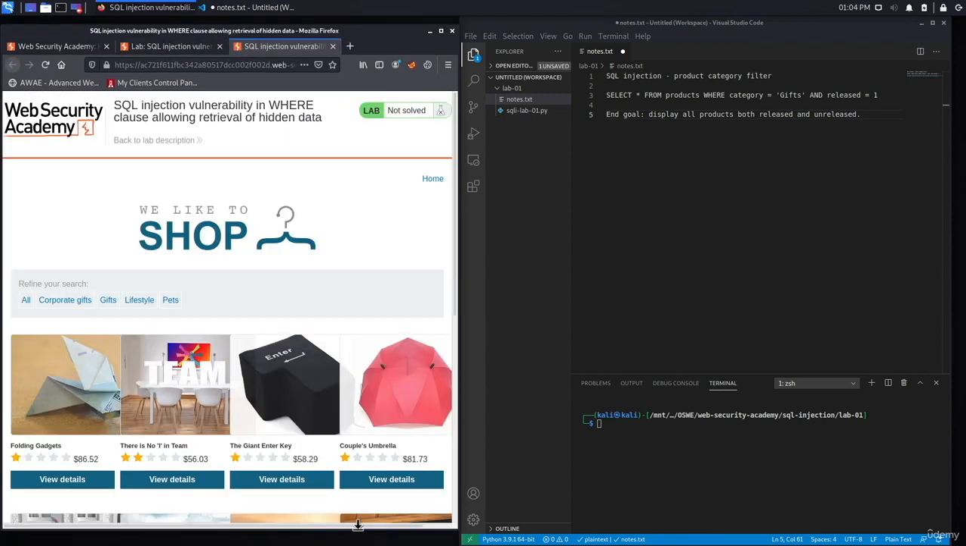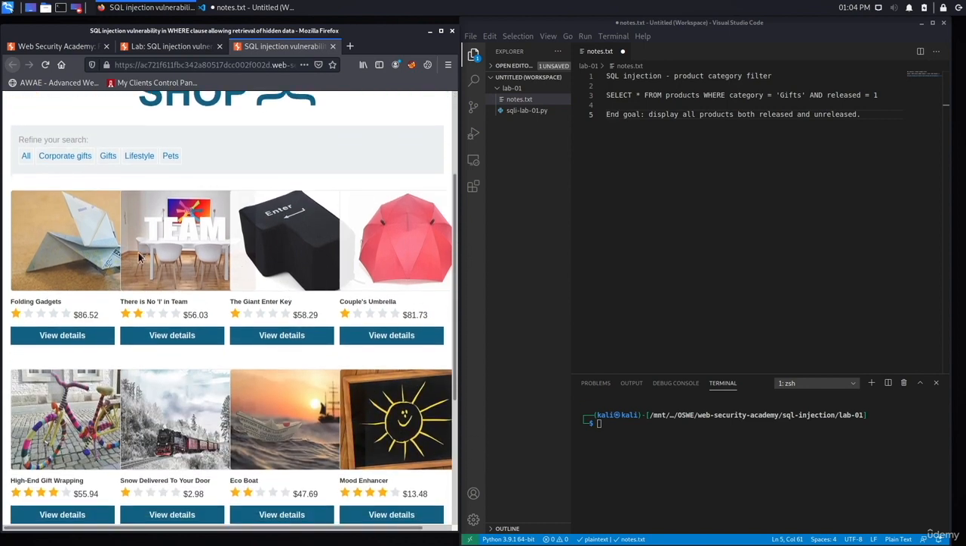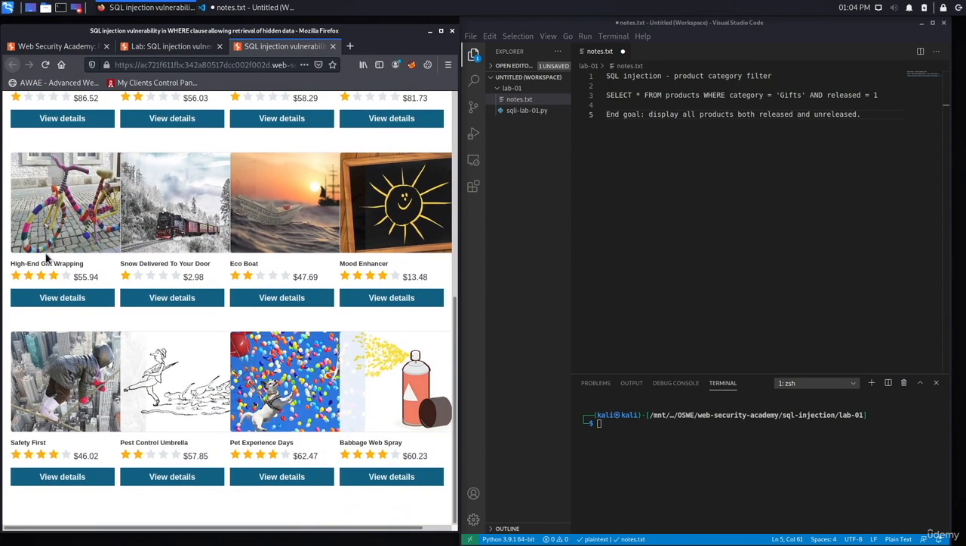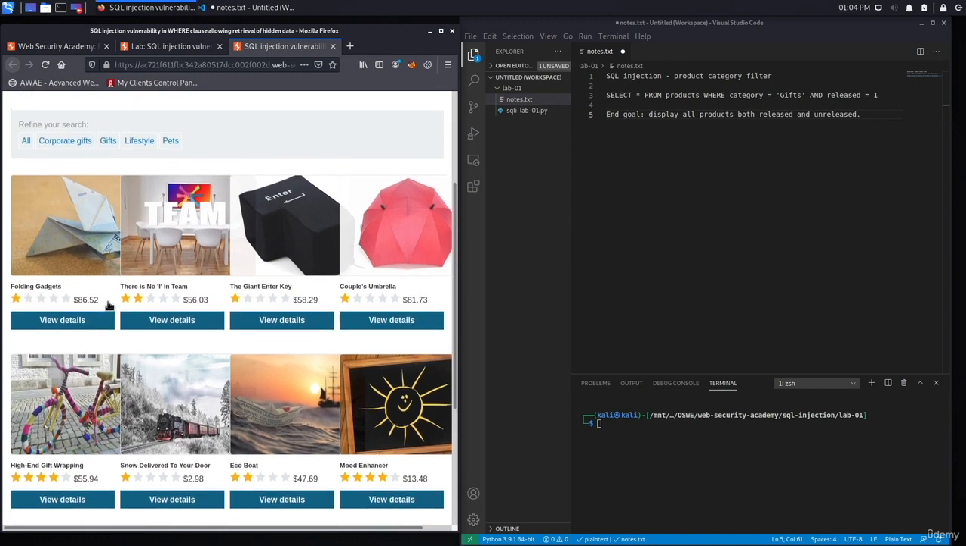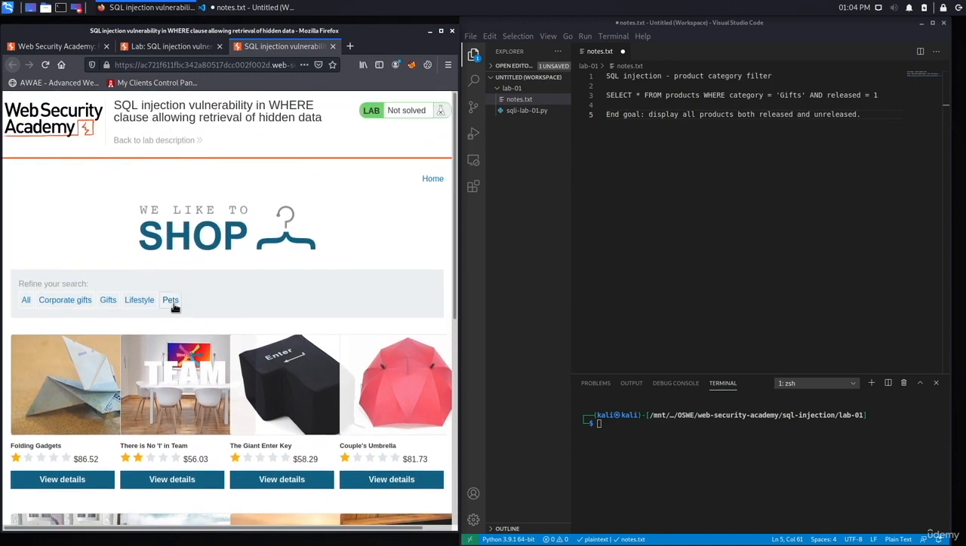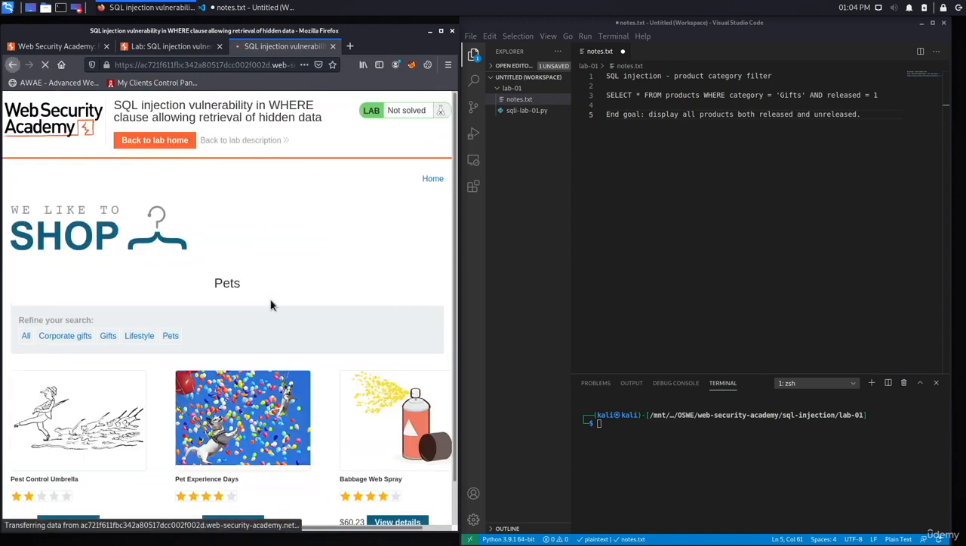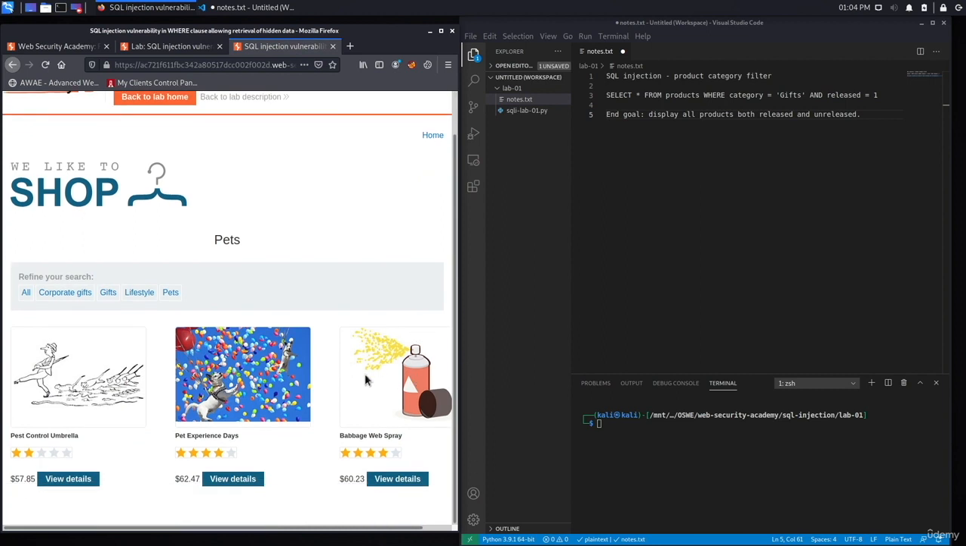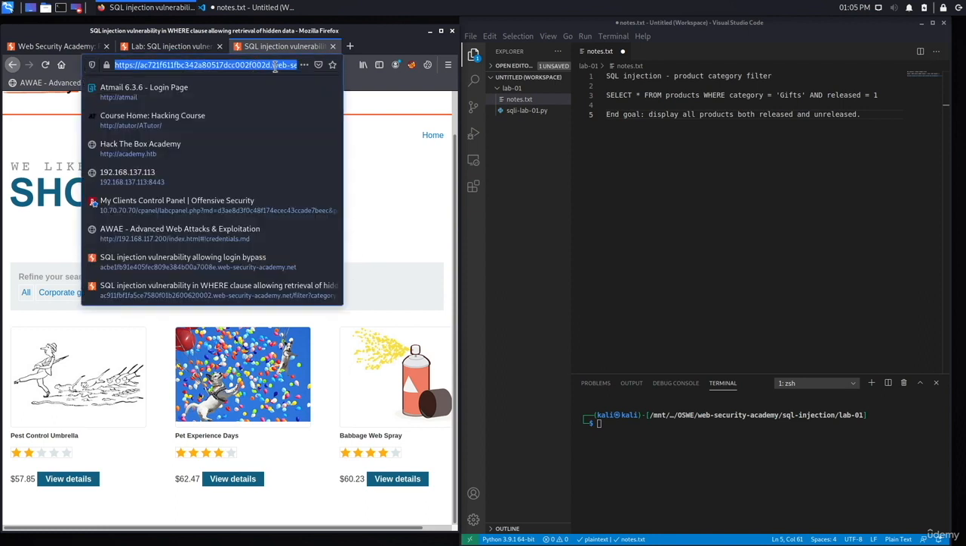It's a shopping application, and you could refine what you see depending on category. So there is 1, 2, 3, 4. 1, 2, 3 times 4, so 12 products that you could buy. However, if you refine your search to, for example, just pets, it'll display 3 products which are somehow related to pets. And if you look at the URL over here,